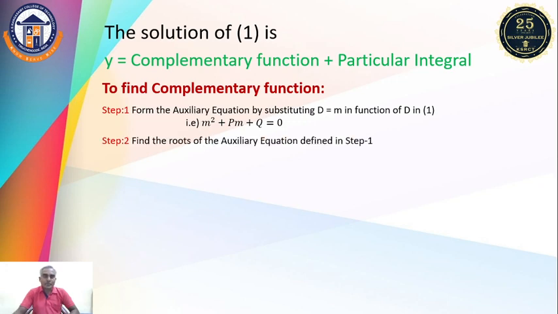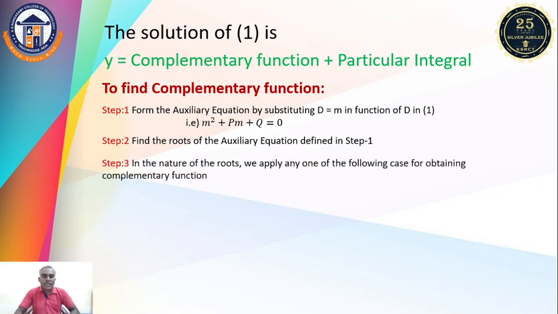In the second step, we find the roots of that auxiliary equation. Mostly it is a second order equation, so you will get a quadratic equation. Finding the roots of that quadratic equation, you will get the different values of m. In the third step, based on the nature of the roots of the quadratic equation, we classify three cases of the complementary function formula. So in the nature of the roots, we apply any one of the following cases for obtaining the